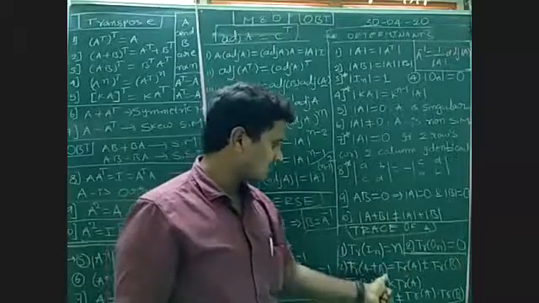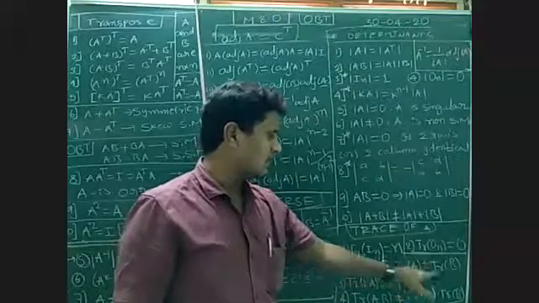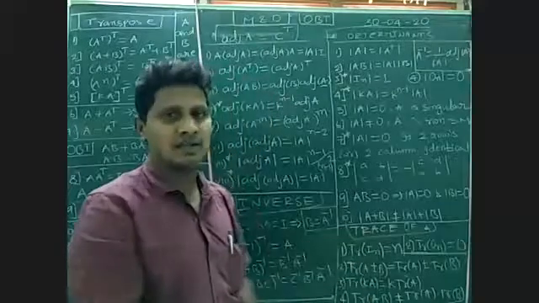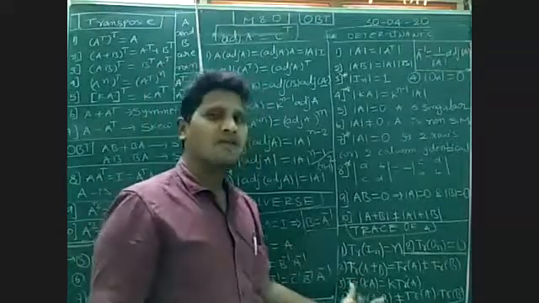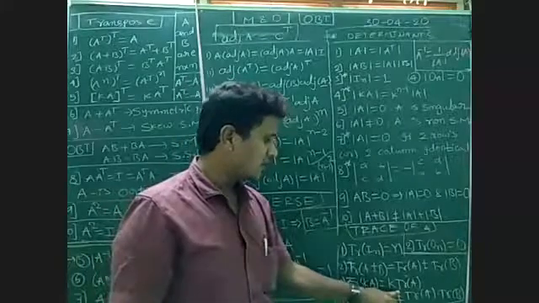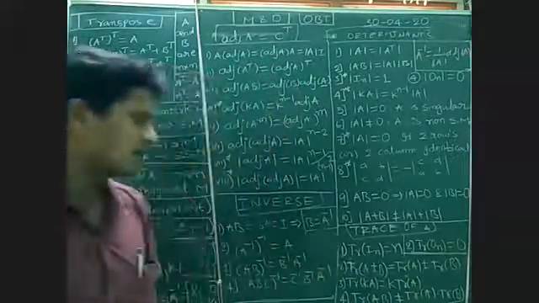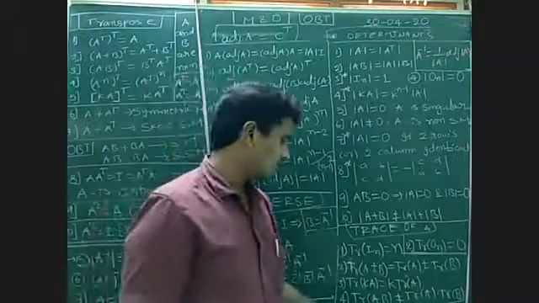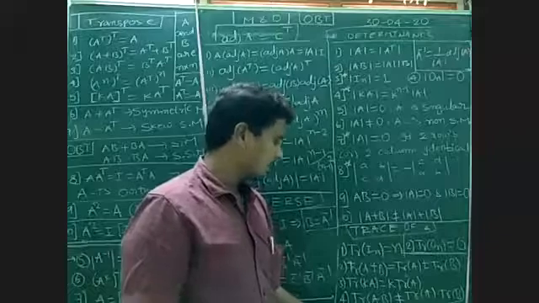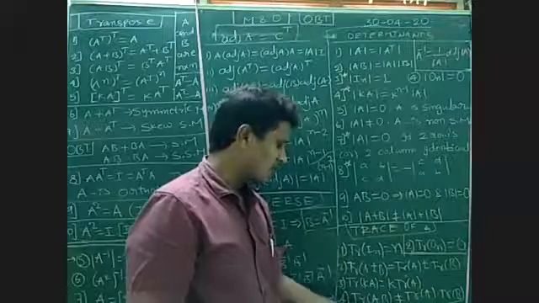Trace of A plus or minus B can be written as trace A plus or minus trace B. Trace of kA can be written as k into trace of A, because trace of A is a value of the given matrix. Trace AB cannot be equal to trace A into trace B. Remember that. Trace AB might also be asked. It is very important even for Mains. At Mains level, trace might be asked.